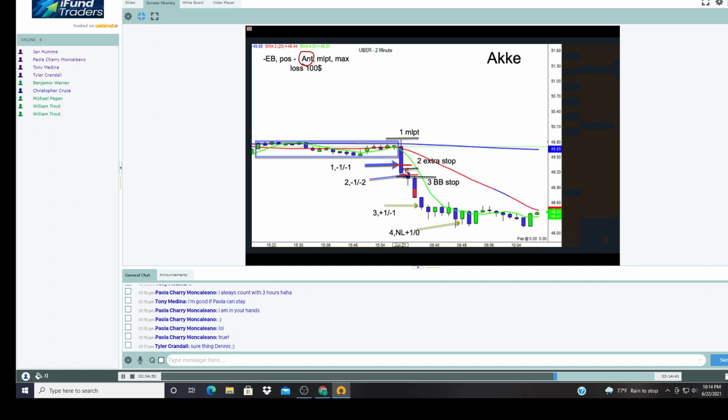Okay. Then he adds here on the hidden GBI. See that? Going up and goes down. Hidden GBI. Now he has 2 lots in. But he uses a separate stop here. Okay, that's perfect. And now I'm lost because now we get, oh, wait a minute. No, I'm too quick.